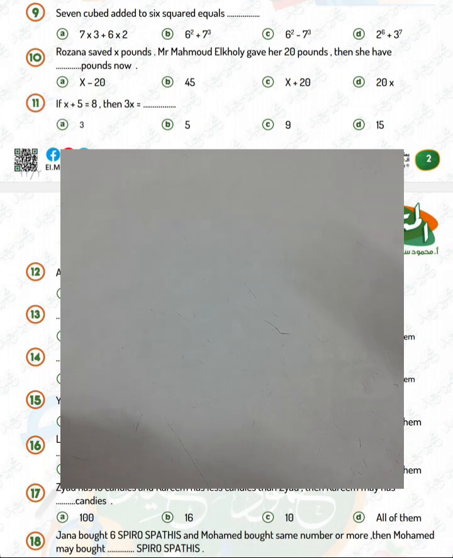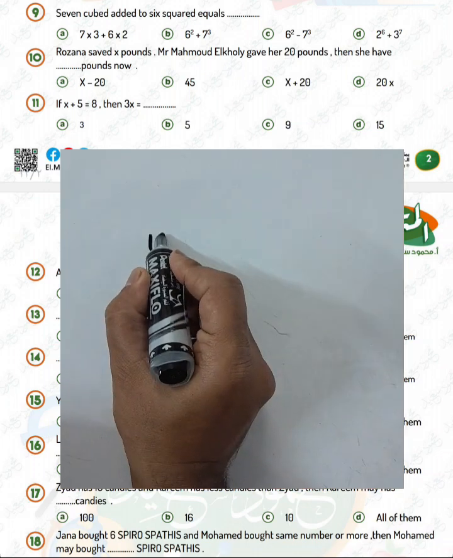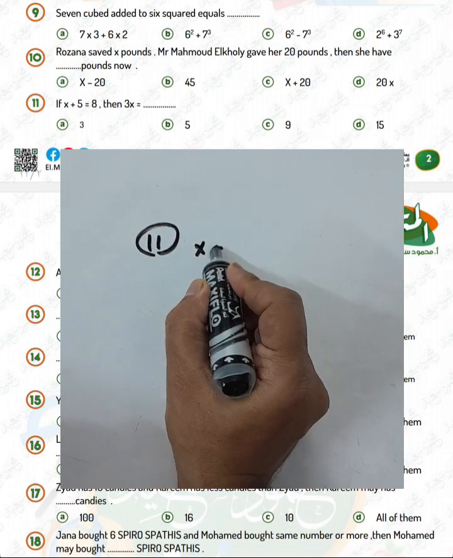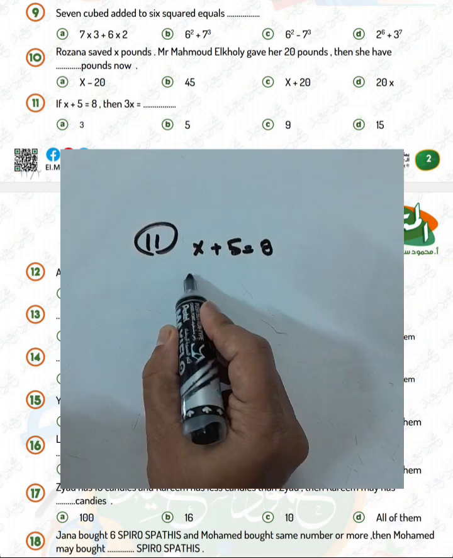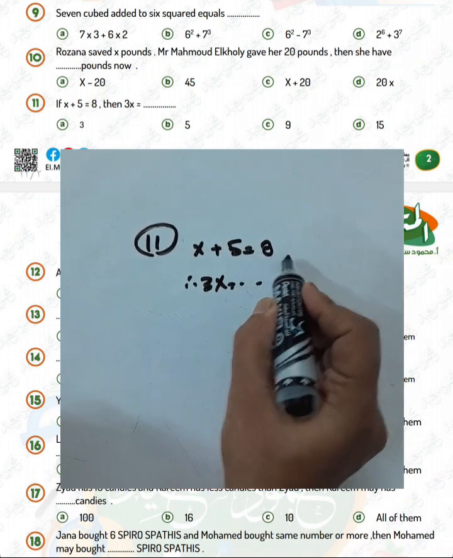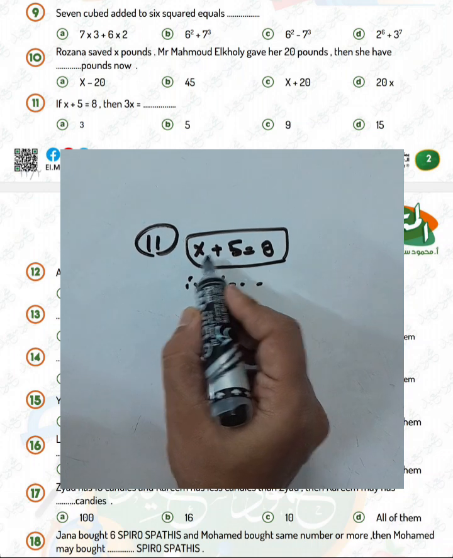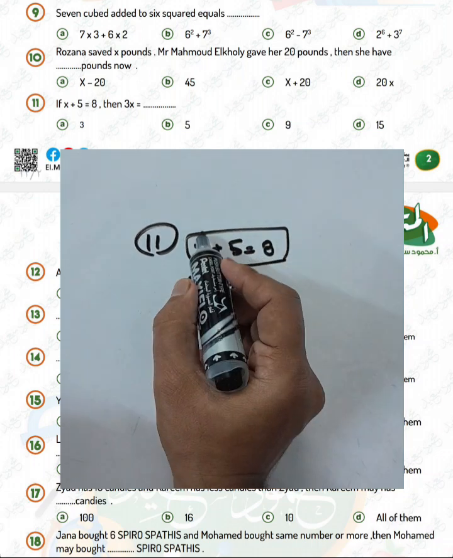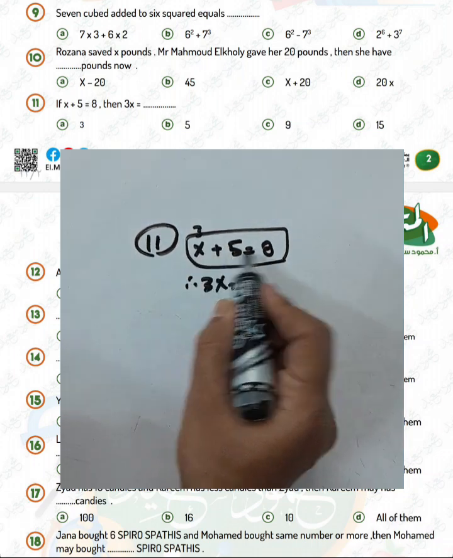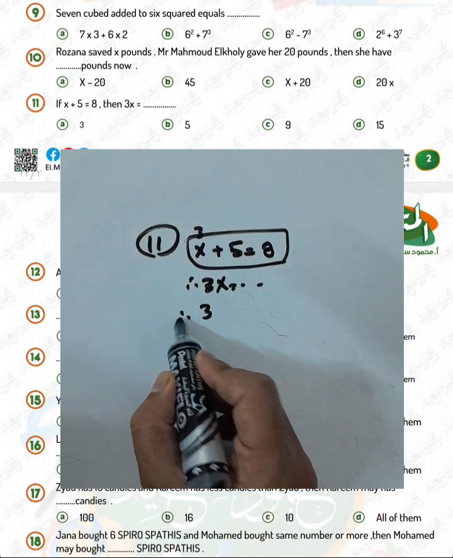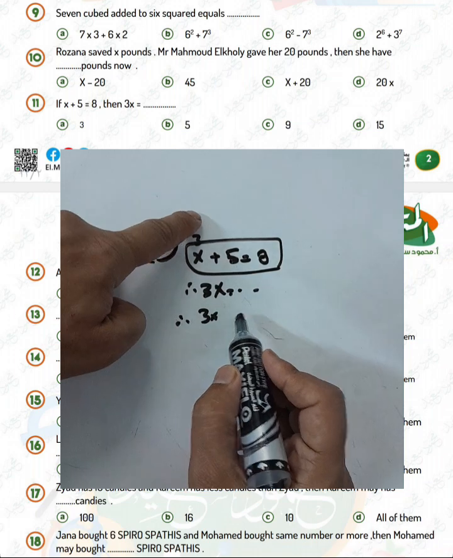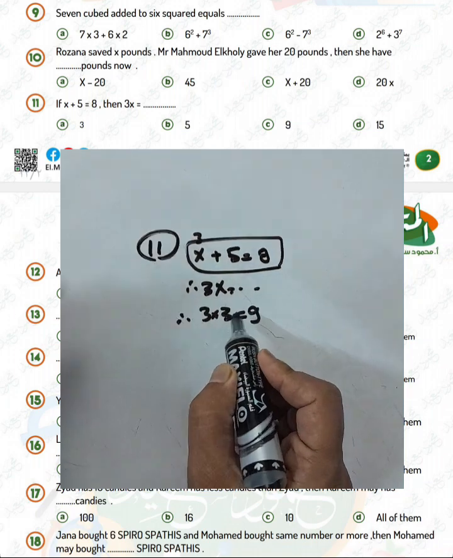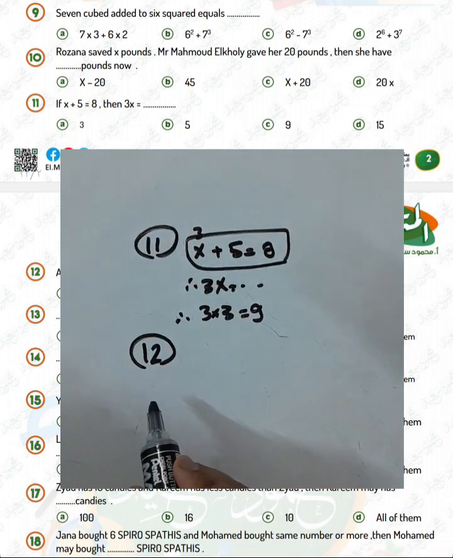Question 11, if x plus 5 equals 8, then 3x equals blank. We can find the value of x here. X plus 5 equals 8, then x will be 3, because 3 plus 5 equals 8. Then 3x means 3 multiplied by the value of x, which is 3. 3 by 3 equals 9. And question 12,